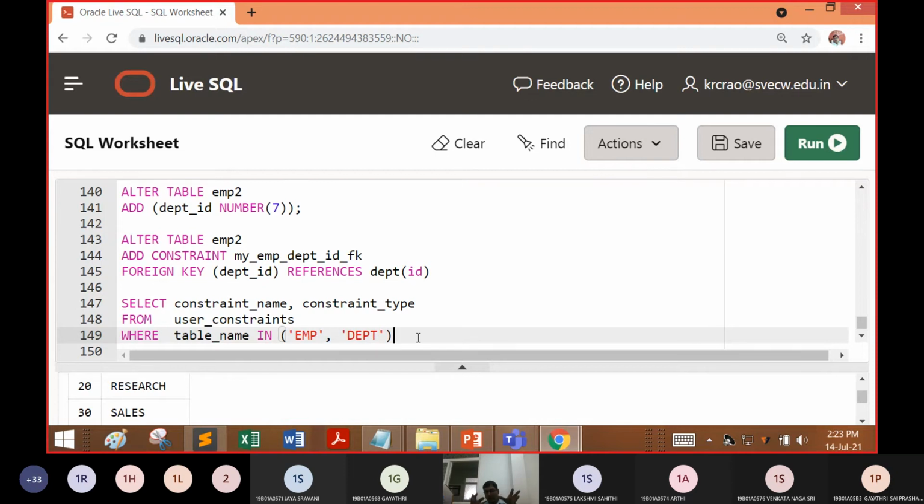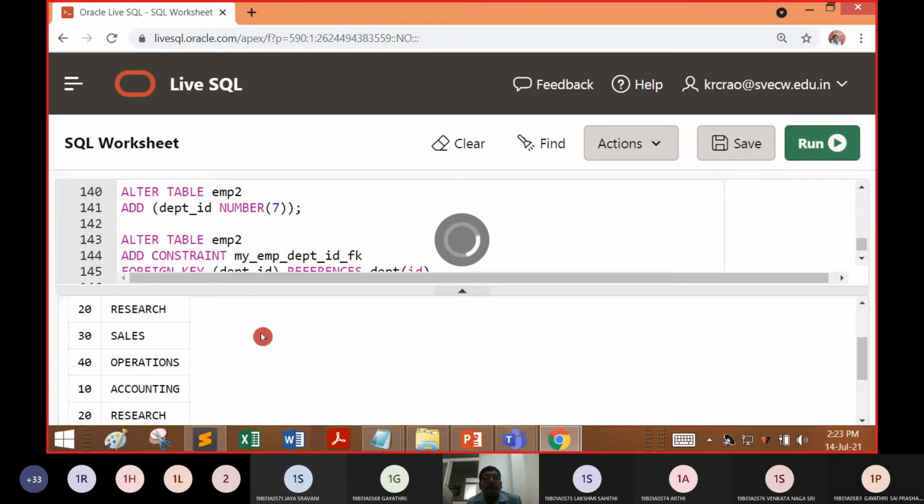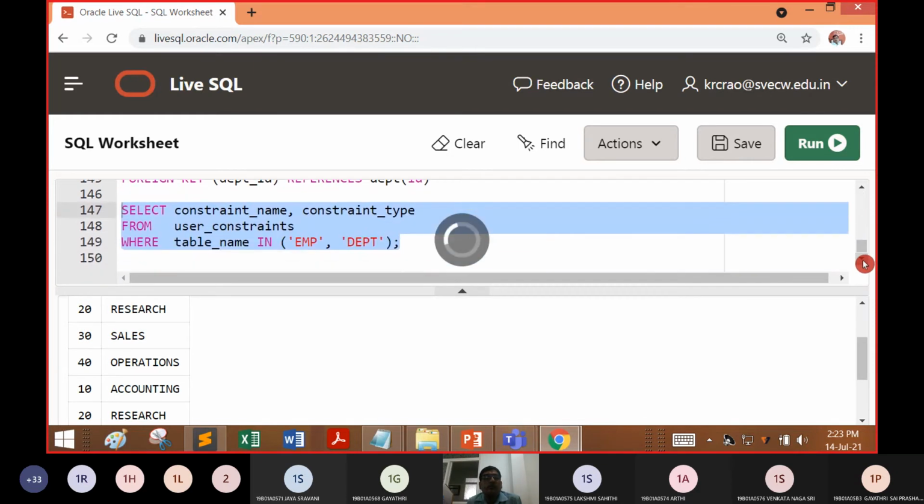To do that, we call user underscore constraints and take whatever constraints are available. Now this is getting executed.